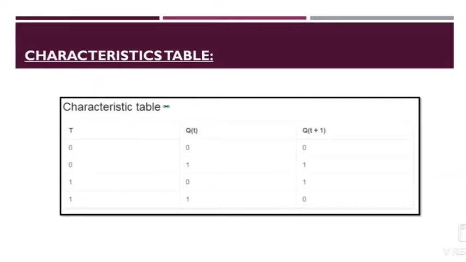Characteristic table. Q of T, Q of T plus 1. When input is 0, output is also 0. When Q of T is 1, Q of T plus 1 is 1. When Q of T is 0, Q of T plus 1 is 1. When Q of T is 1, Q of T plus